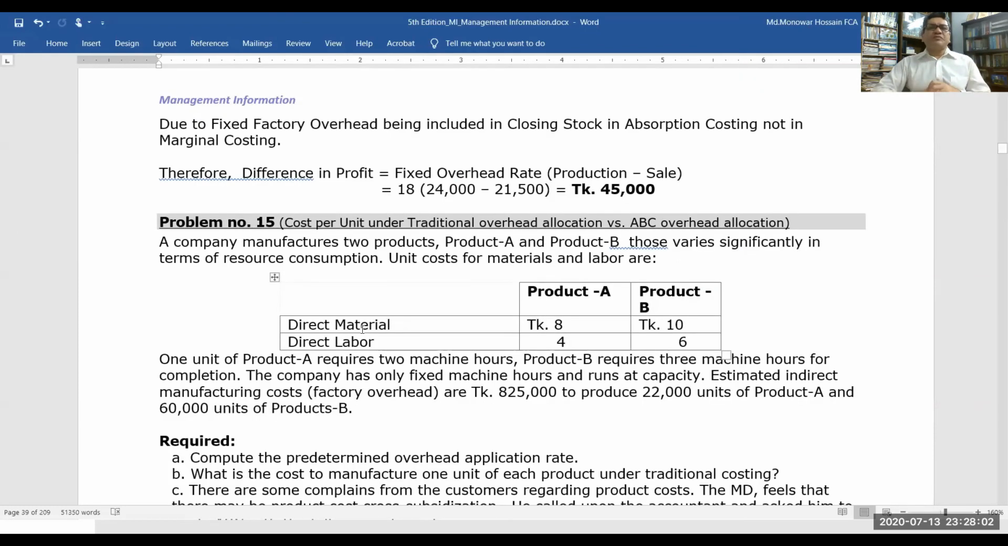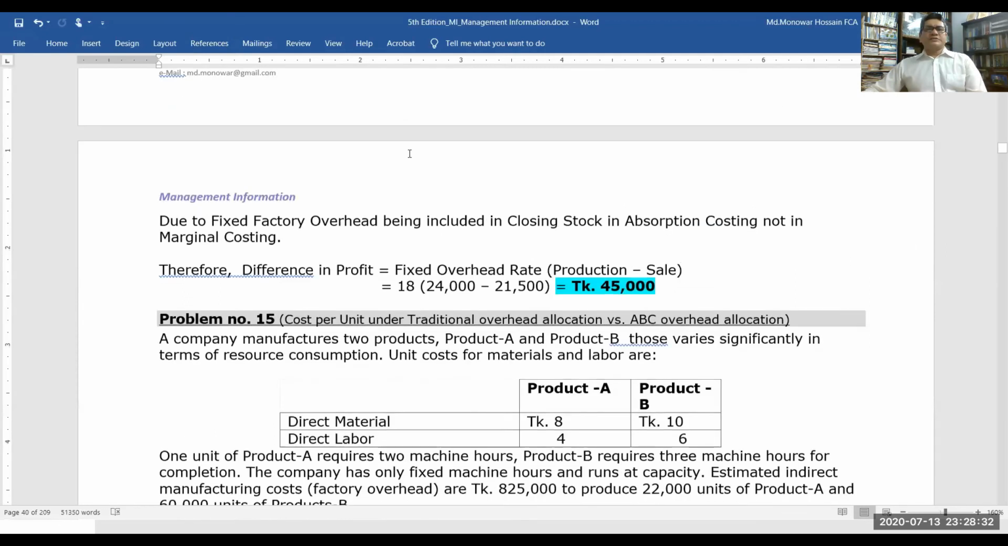So due to fixed overhead being included in the closing stock in absorption costing, which is not in marginal costing, the difference in profit is fixed overhead rate times production minus sales, which is 18,28, 18,24, that's 45,000. Therefore, the difference in profit is 45,000. Now to this last one,